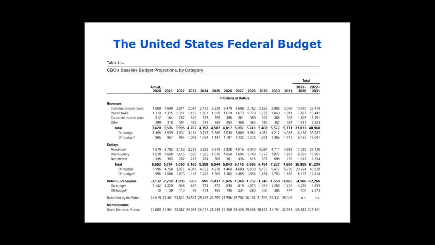Now, if we look at the United States budget, and here is a pro forma budget going on to 2031, we can see a couple of things. In general, the government spends in the neighborhood of $4.5 trillion a year. If you go back a few years and you look at the spending, that's what it's been tracking to. About $4.5 trillion is spent by the federal government on all the programs. Now, you can also see that the revenues that come in are not quite that. The revenues are about $3.5 trillion.